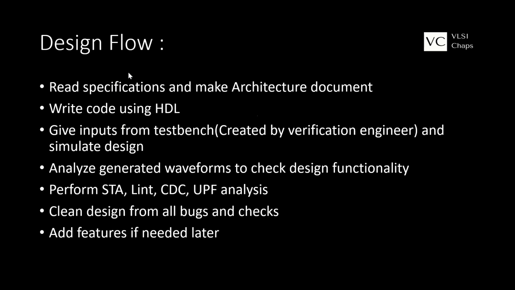AMBA APB manual will tell you how all the transfers should look. But how you will implement those transfers, how one signal will travel from one module to another module, one pin to another pin, that is decided by a design engineer. So the design engineer will make an architecture document on how he wants his AMBA APB to look, how he wants to do all the transfers, and referring to that architecture document, a designer will write an HDL code. So the second step is to write an HDL code taking a reference of the architecture document.